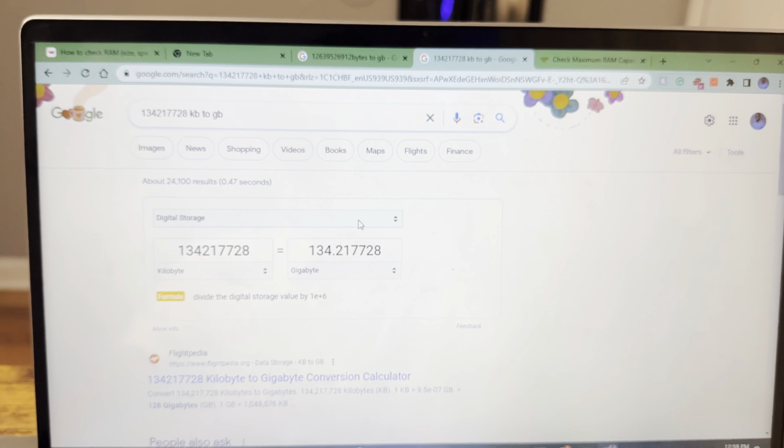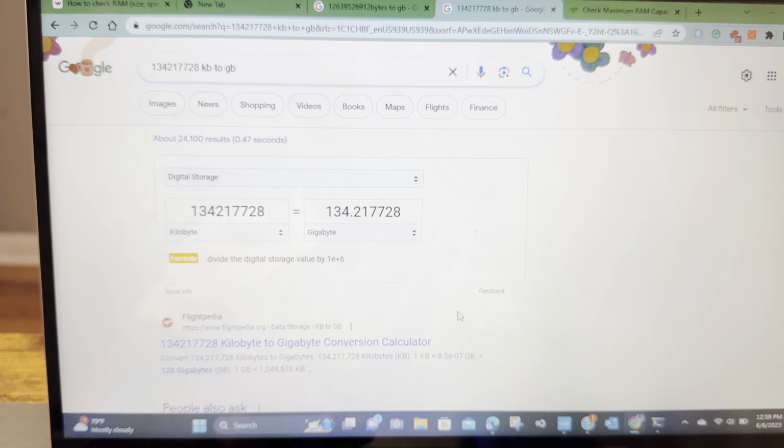So make sure you follow all these steps thoroughly, and then you'll know how much RAM your computer can take and what type of RAM you need in case you need replacements. And yeah, pretty much. So we're going to go on to the next slide, where we're going to open up the back of this PC, and I'm going to show you how to change it, everything step by step. Hello, so today we're going to be opening this